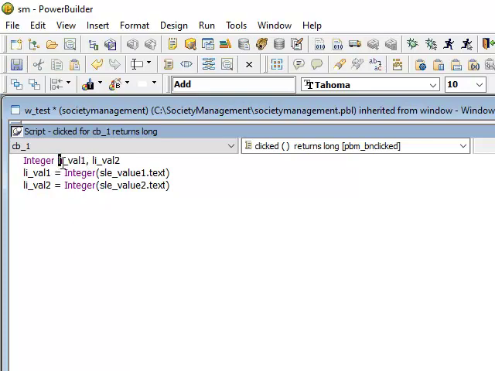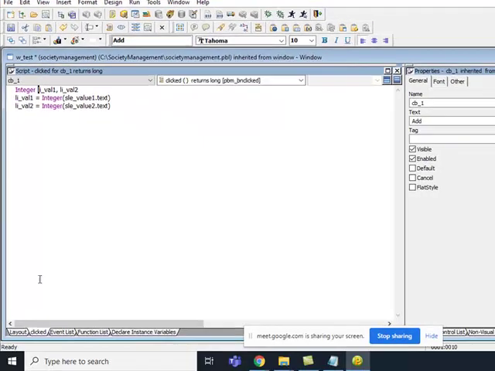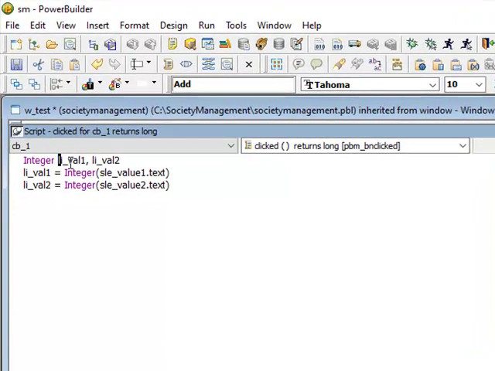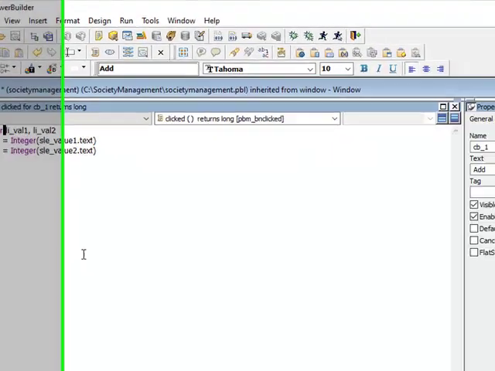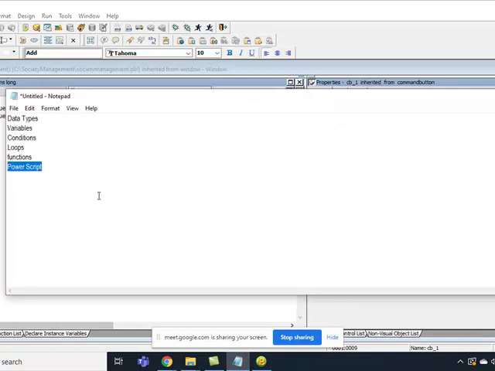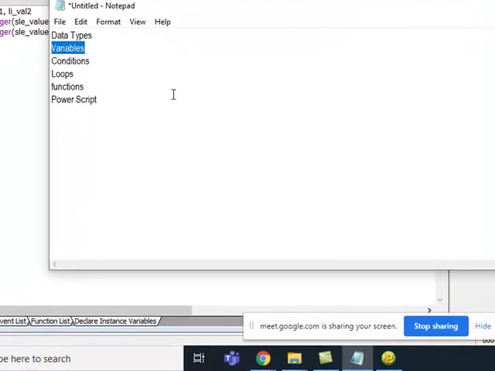L means local, I means integer, and then underscore and the purpose, the objective of this variable. There are two characters: the first tells where it can be accessed, and the second is the data type. Let's discuss this variable in detail.